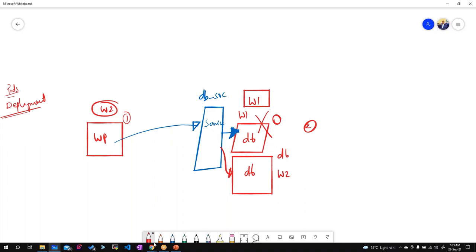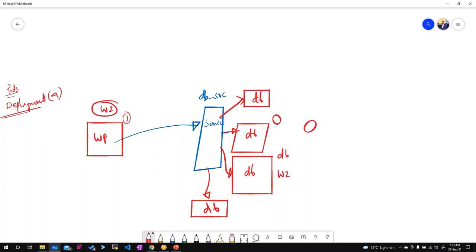Okay, the other use case is, let's say I have replicas of the DB pod. Let's say there are four replicas. I have created the deployment for the DB with replicas as four. Now we don't talk to the DB pods directly, there is no such concept. We have to talk to the service.